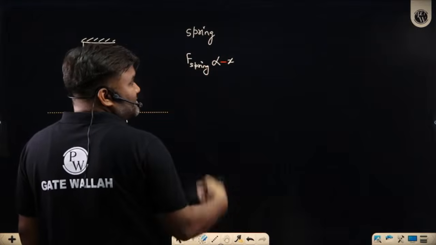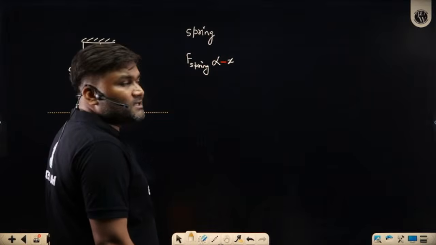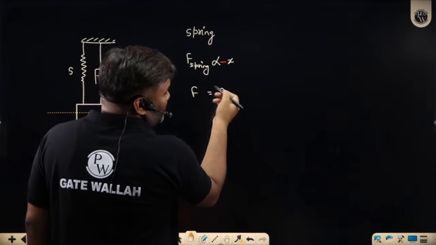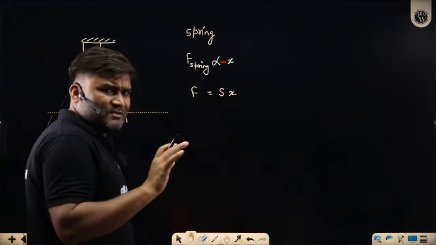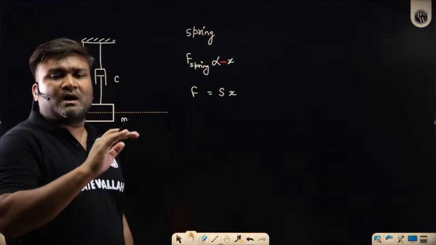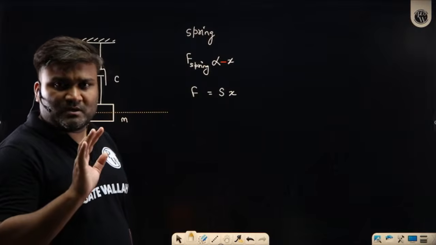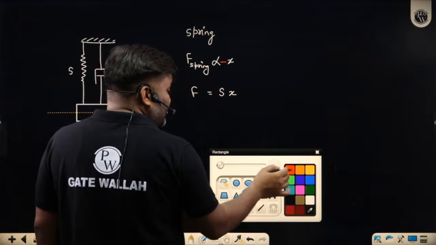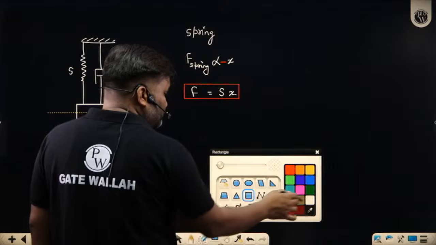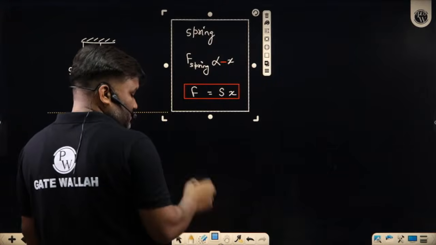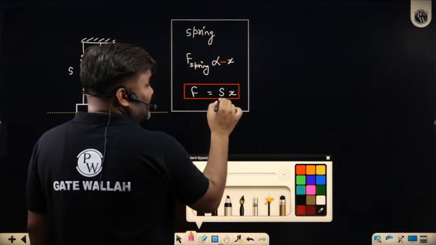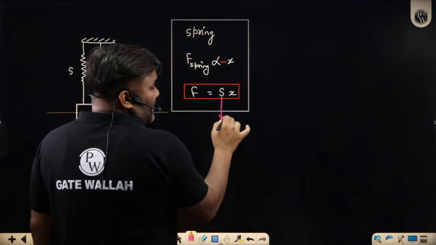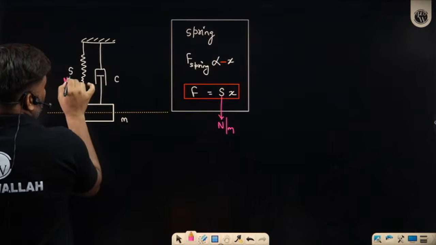If you remove this proportionality, a constant comes into the picture. So spring force becomes equal to spring constant times x. I am just dropping the negative sign for now, because in the diagram I will show the force in the direction opposite to x, so I will take care of direction there. So this is the spring force. How is the spring applying force? Like this. What will be the spring stiffness unit? Force divided by length, so Newton per meter.